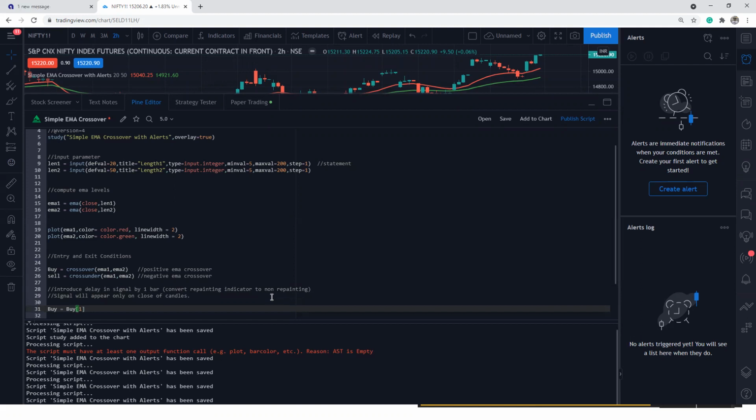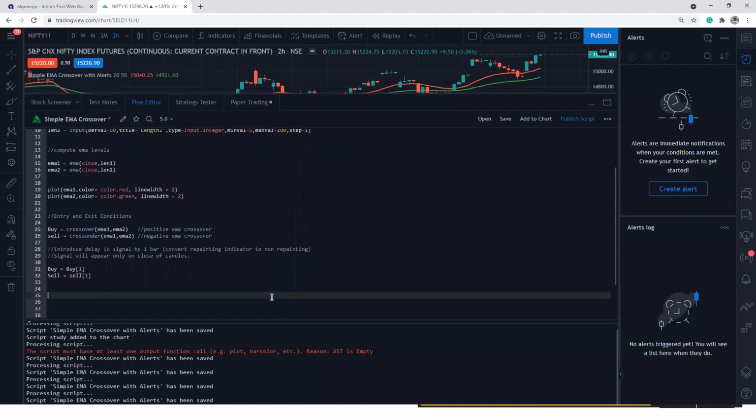By doing so, I give a delay, so the signals will happen only on the close of the bar. Likewise, I'm also going to say sell equal to sell of 1. By doing this kind of delay, signals will appear only on the close of the candle. Once the candle closes and the EMA crossover is confirmed, signals will come, they will stay, and they will not erase at all.